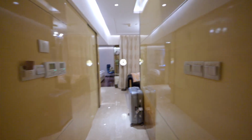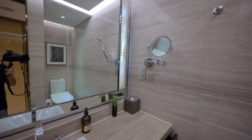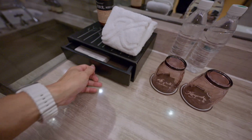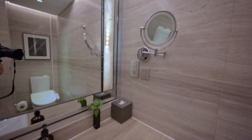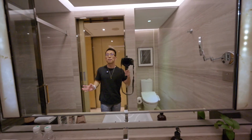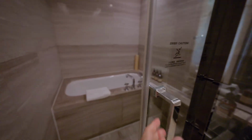Okay, so when I first come in, this is the room. Immediately after the door is the shower. And yeah, it's actually pretty big. It is a large room, and I guess the facilities are all there. Yeah, and very interesting taps. And oh wow, there's a light that comes on. Amazing. And there is a huge mirror and sliding door for the